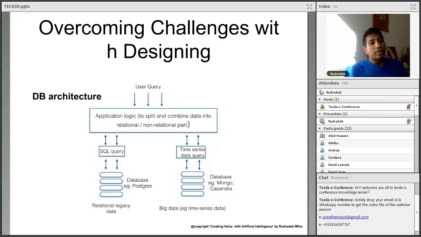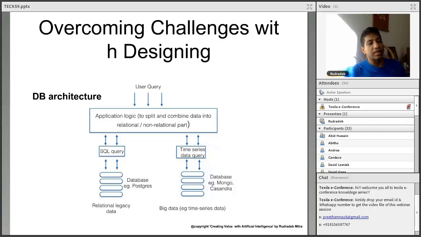And so you cannot use the traditional database that banks and others have been using. So you end up creating a new database, which is basically a big data database, a NoSQL database, let's say. And what you then have to do is create an application logic which combines the two different kinds of databases into one place, because you are getting two different kinds of data.